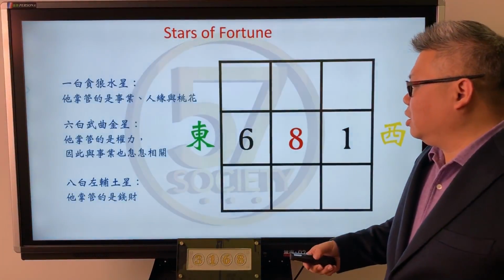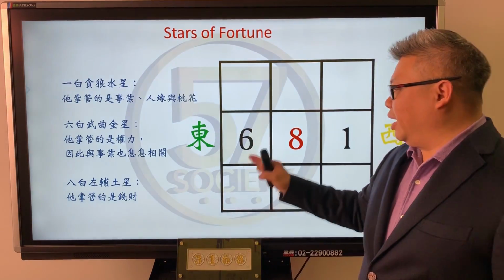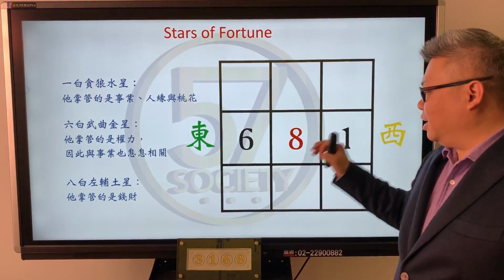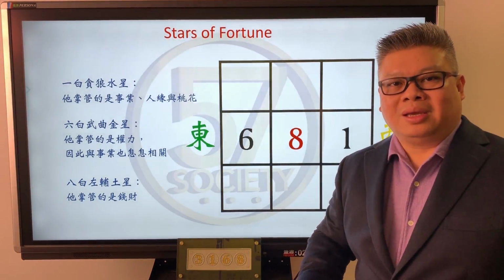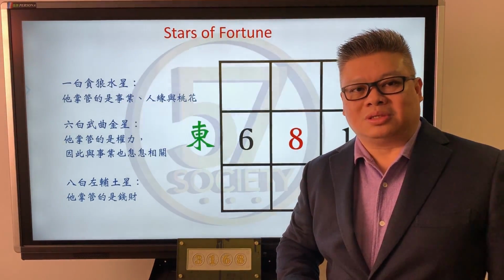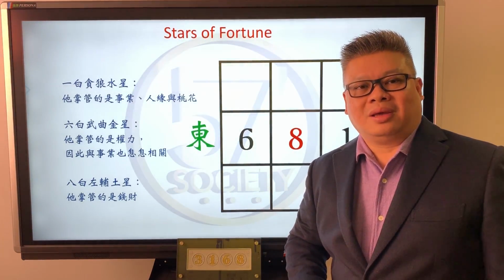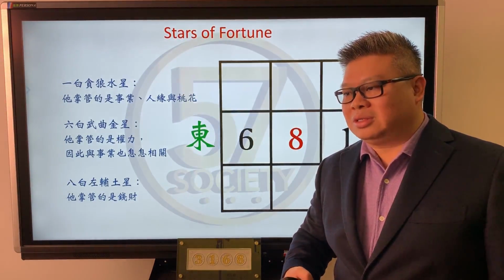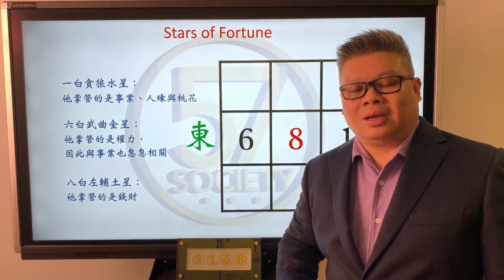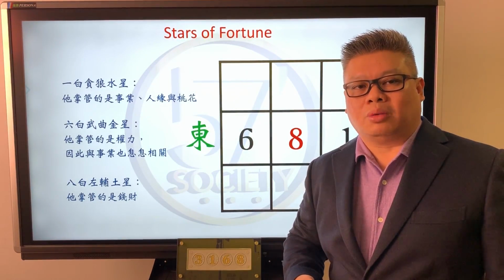If you recall, there is this alignment of the flying stars, where the East has the number 6 and the West has the number 1. At the moment, when we look at the market, the most talked about news is basically the trade war between the US and China. This has actually escalated to a certain level whereby it worries everyone in the world.